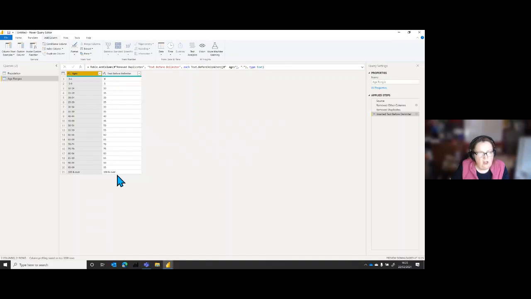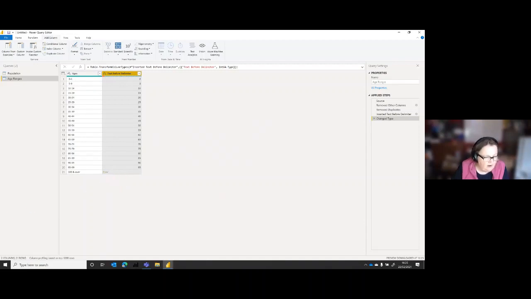Now that 100 and over has some issues, but don't worry, I've got a workaround for this. I then want that to be a number rather than text. So I'm going to click on the ABC and go for whole number. That works fine for everything, apart from the very last one, which has an error in it.